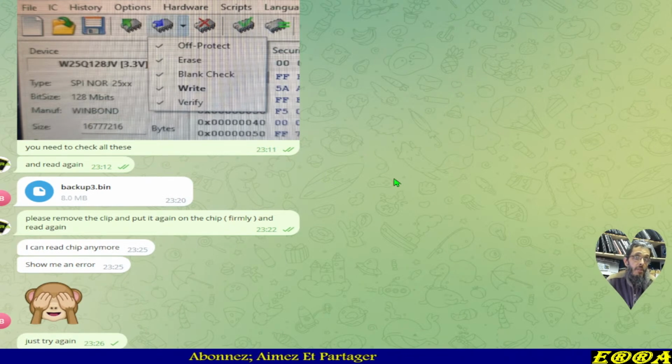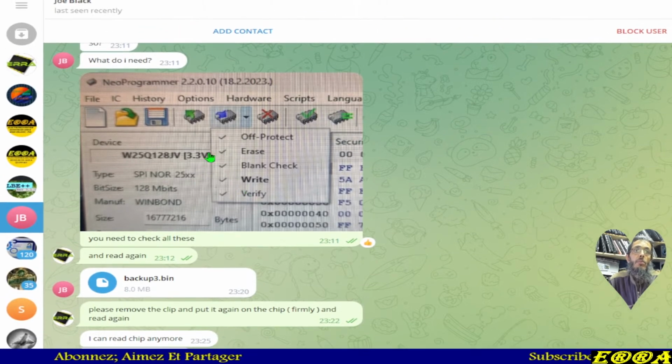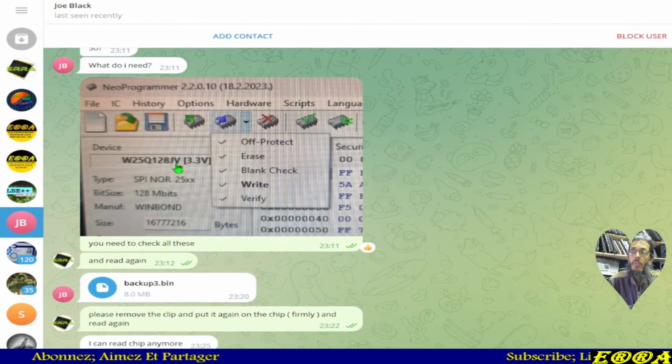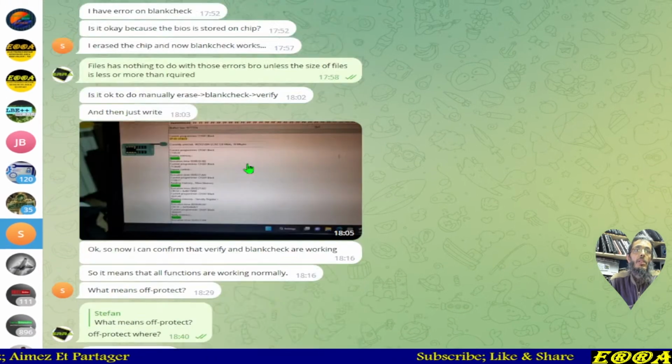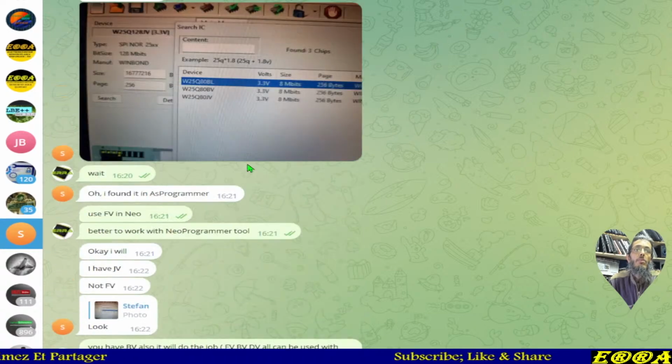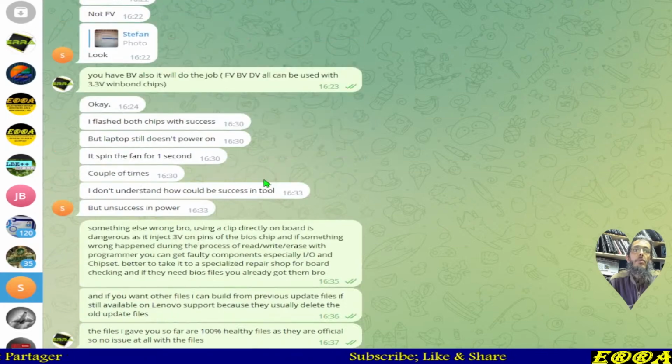So the clip is not good for reading the chips, but in this case it's not only the clip which is the issue. We have also the 1.8 volt chip, and the programmer provides 3.3 volt, as you can see from this picture here, which I took from a conversation with another guy here, who also has used the clip in this case.